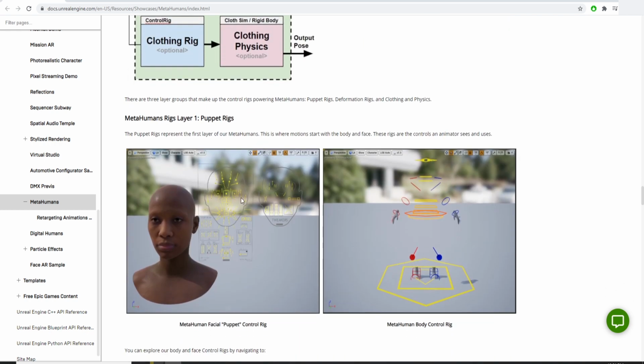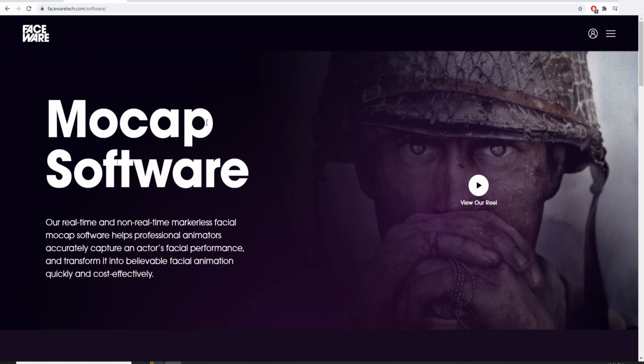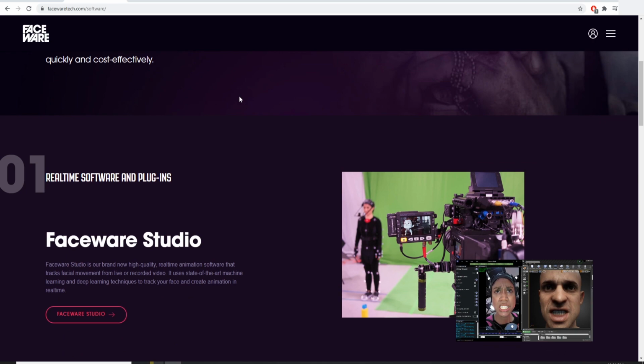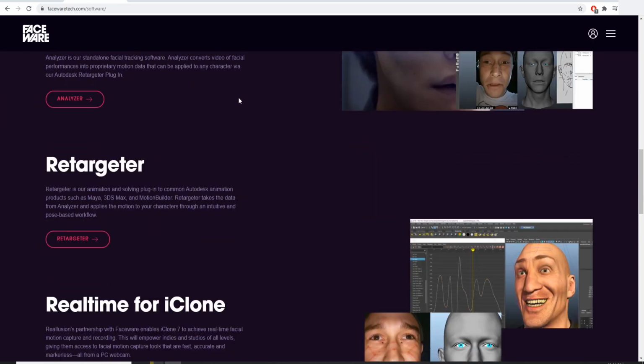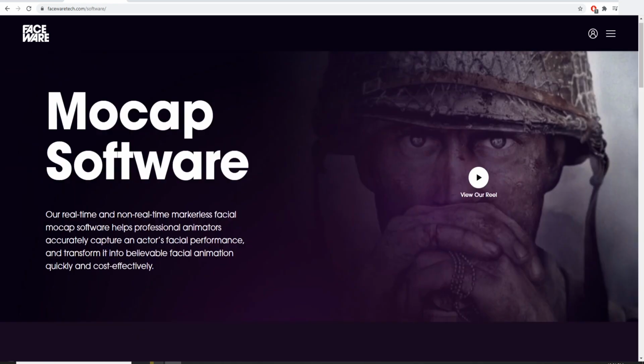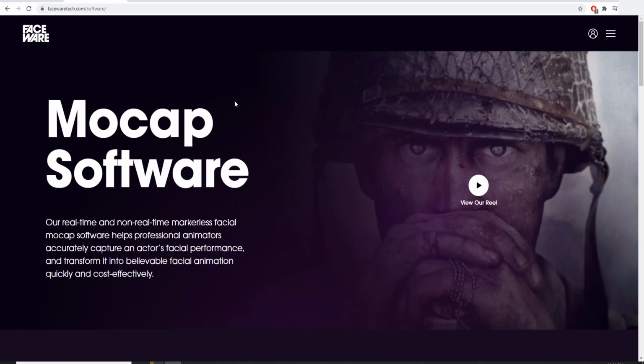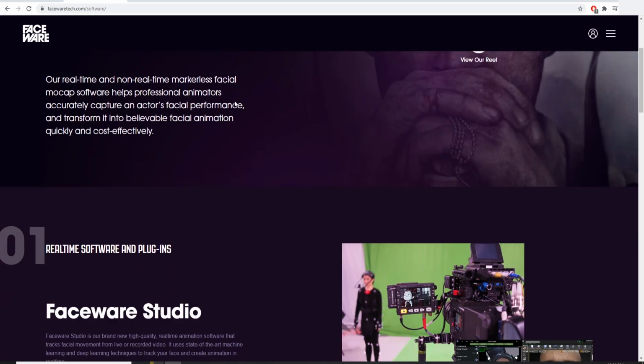So you can see there's a control rig over here. What we have to do is map where the control rig maps to from the other software, so that we can control the eye movement and the mouth movement. I'm going to introduce a couple of software to use today. One is a mocap software created by FacewareTech.com, called Faceware Studio. It works really great and has a lot of features. So far I really enjoyed it. There might be other software in the market, but I don't think it's as powerful as Faceware at this point,